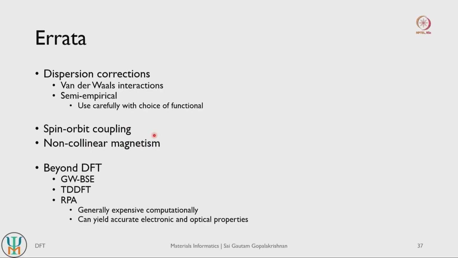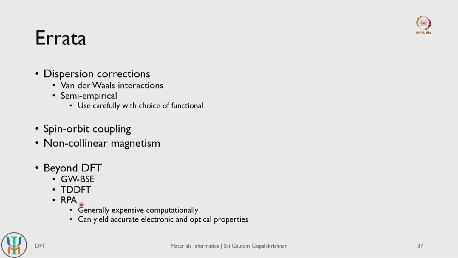In certain oxides and compounds of transition metals as well as rare earths, you can get these very nice non-collinear magnetic states, and non-collinear magnetic calculations also require some modifications to be made in how the spin interactions are actually modeled. So these are again heavier calculations. My advice would be to again read up some literature if your system is non-collinear in nature, and then do non-collinear calculations.